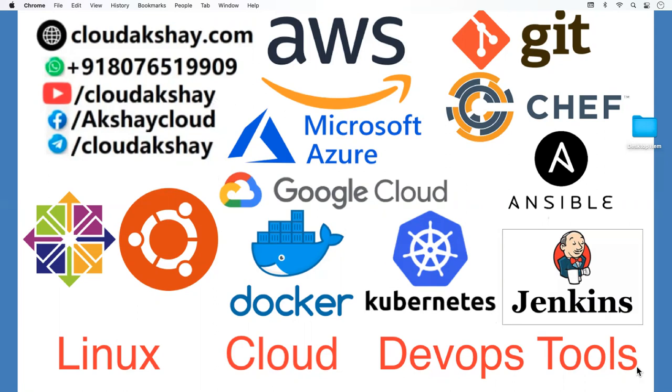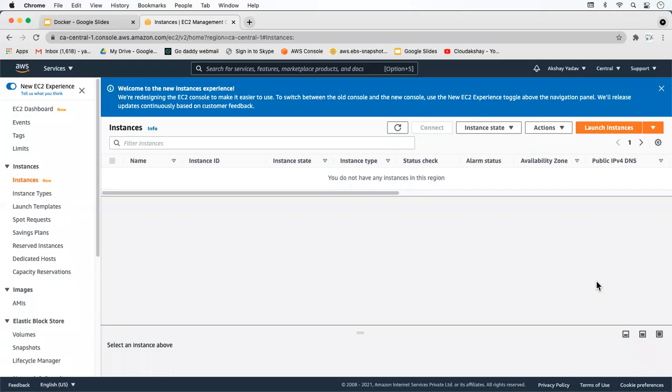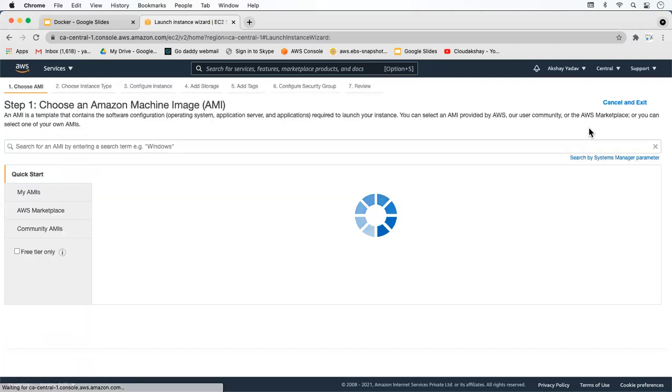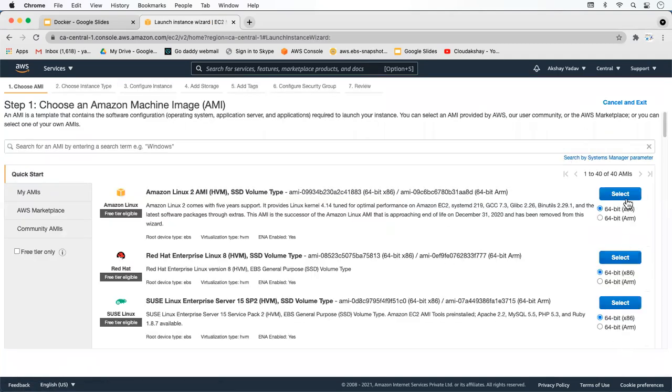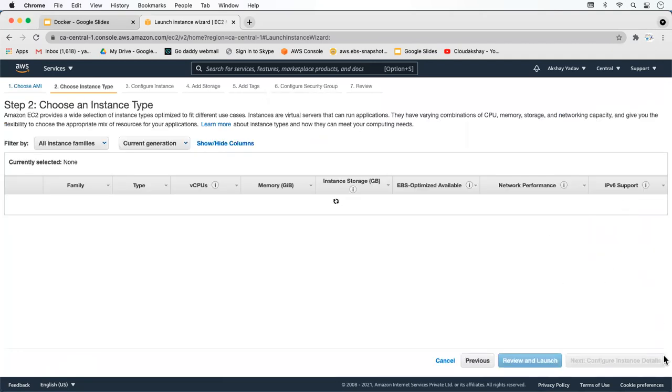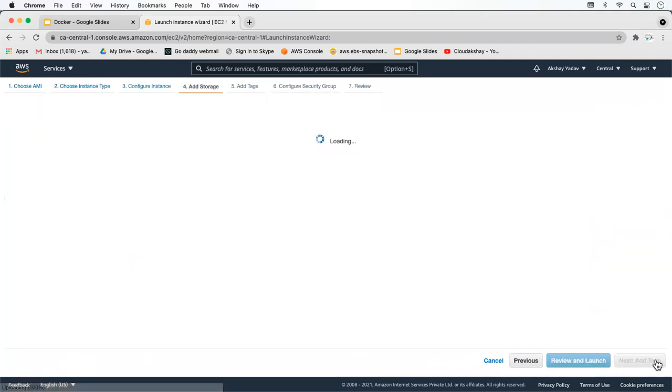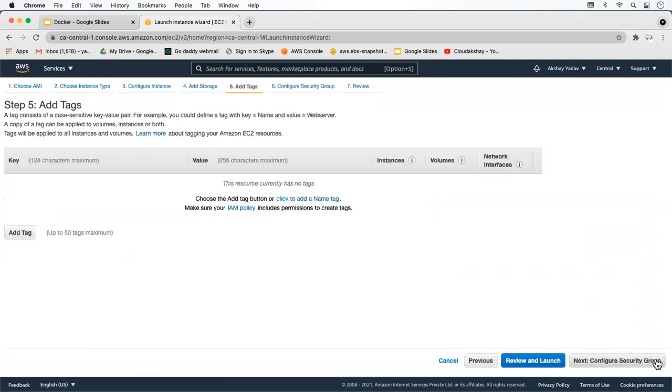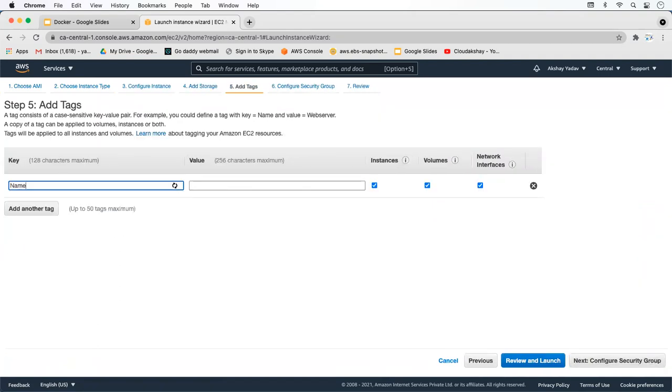So let's start. As you can see, this is my AWS panel. I'm going to launch a machine here and install Docker on it. So I just quickly launch a machine and everything set as default. Name my Docker.